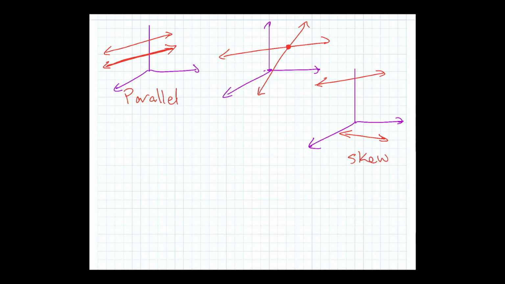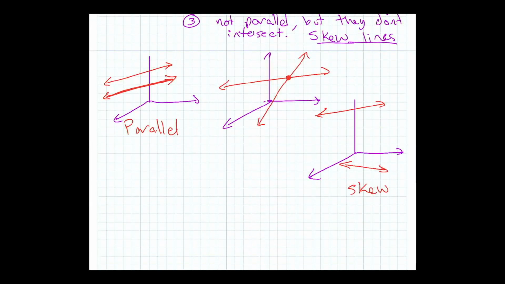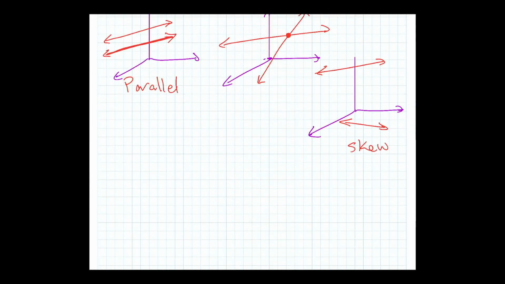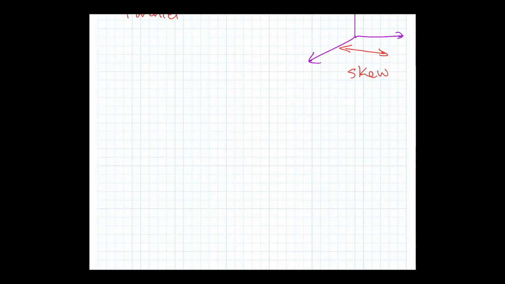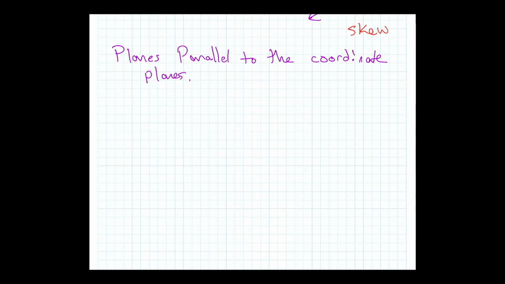Okay. Yeah, so that's just something that lines can do. We haven't even talked about the equations of lines, but that's another section. So there's also, we could have planes parallel to the coordinate planes. There's different ways to do that. So for example,